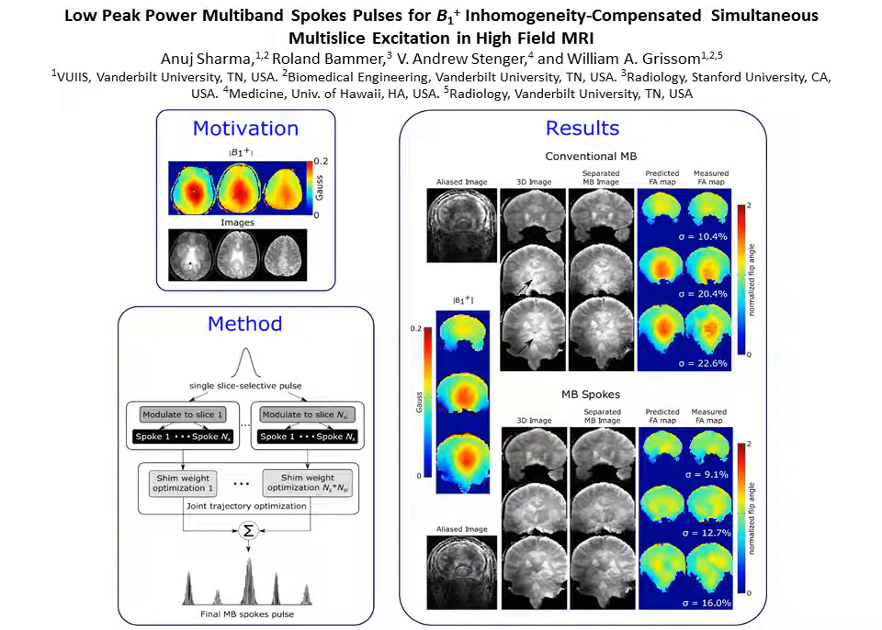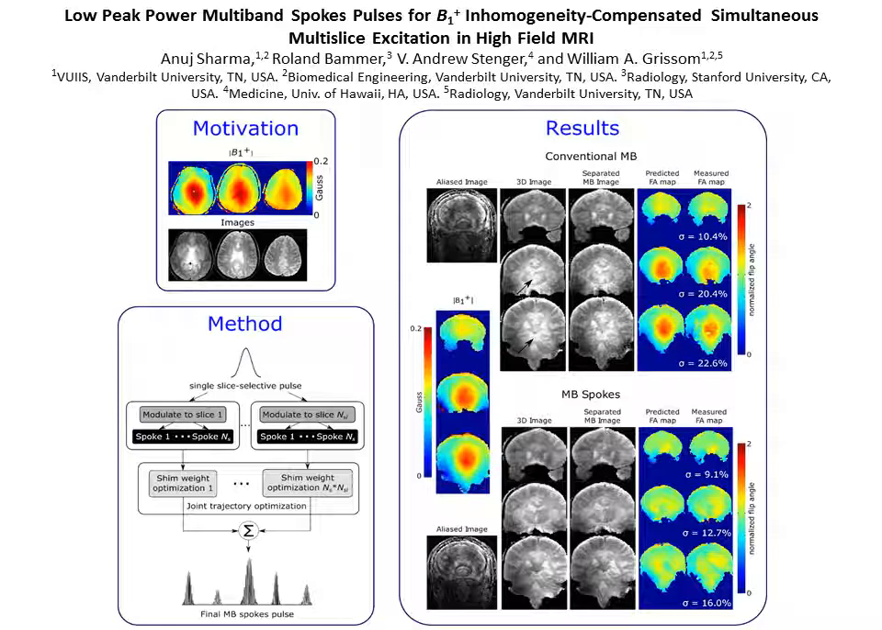The motivation behind this work was to improve excitation homogeneity in high-field simultaneous multi-slice imaging. The use of high and ultra-high field MR scanners provides benefits such as increased signal-to-noise ratio, higher pole sensitivity, and higher susceptibility contrast. But one of the major challenges at high field is the transmit RF field inhomogeneity, or the